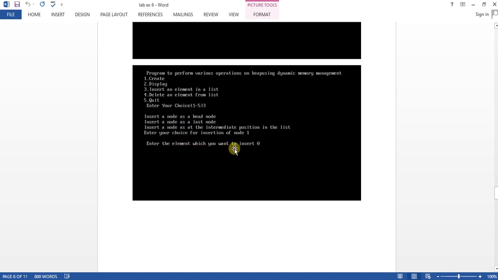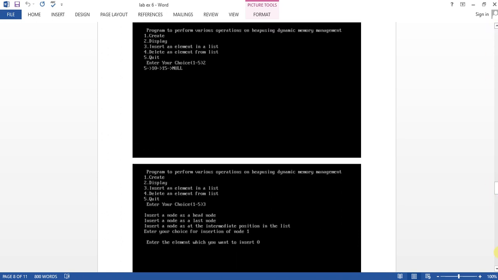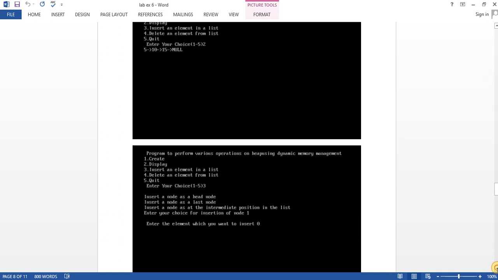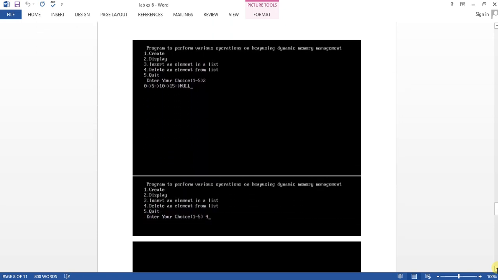It asks what element you want to insert, and I give 0. Already the list is 5, 10, 15 and null. I want to enter the value 0 at the head position. Let's see if it is entered or not. Here you can see 0, 5, 10, 15, null.